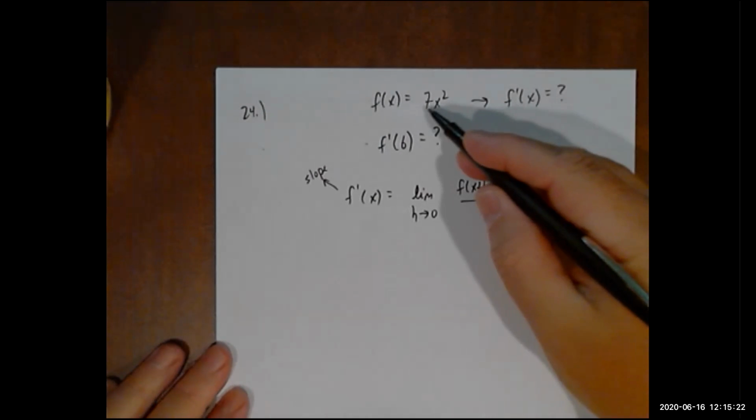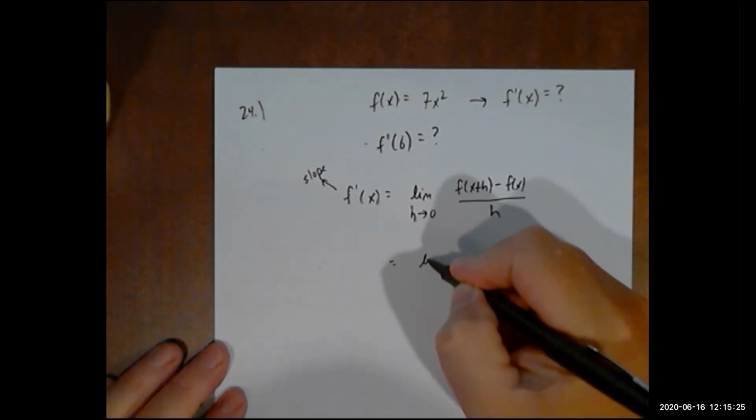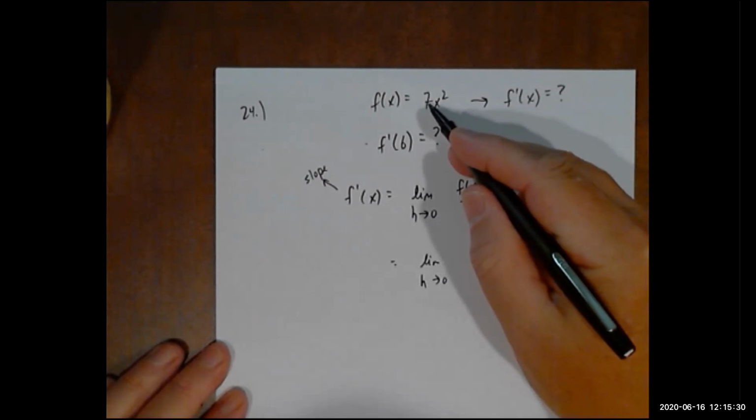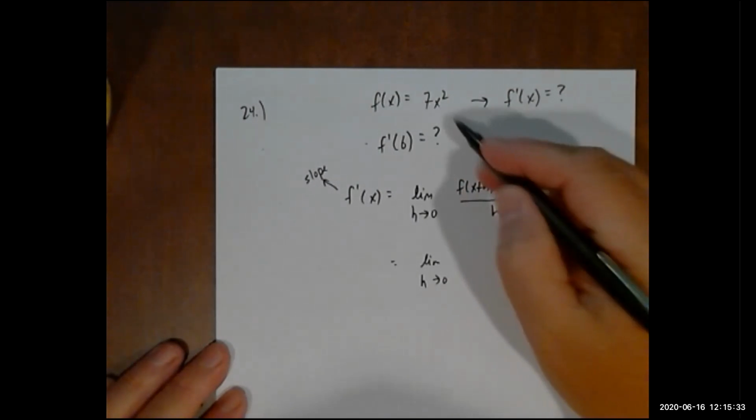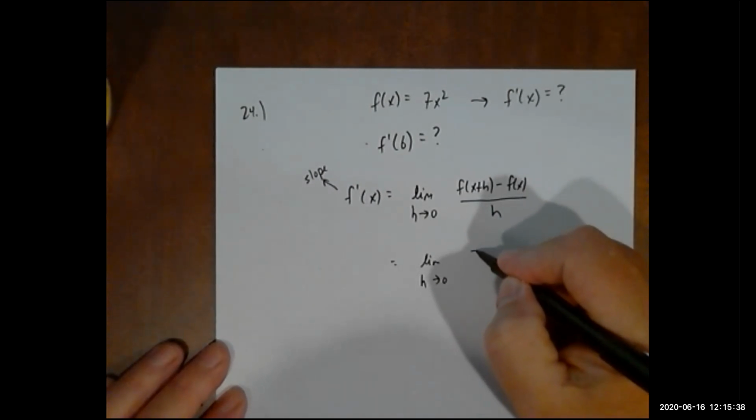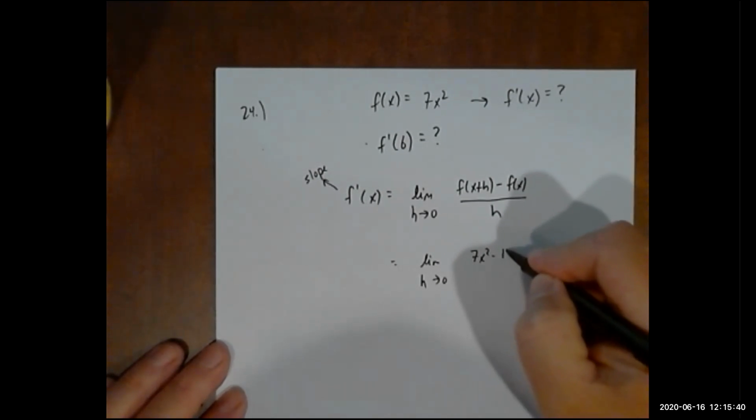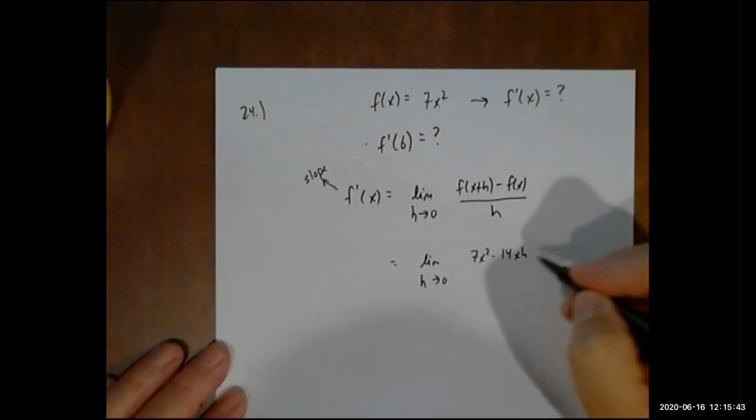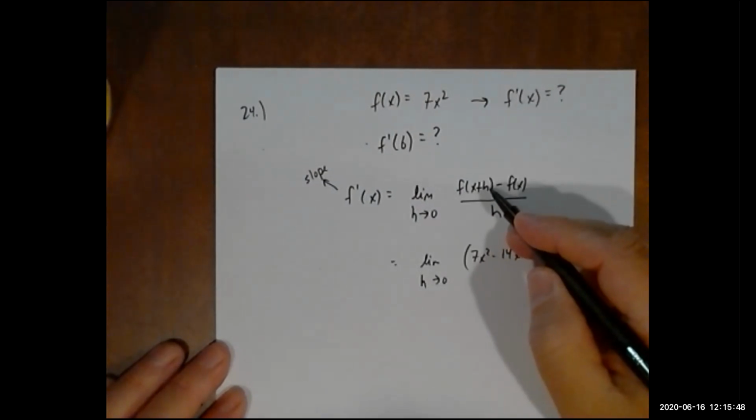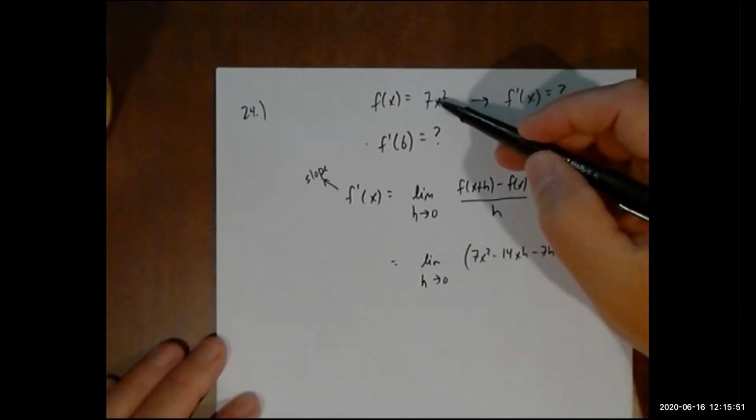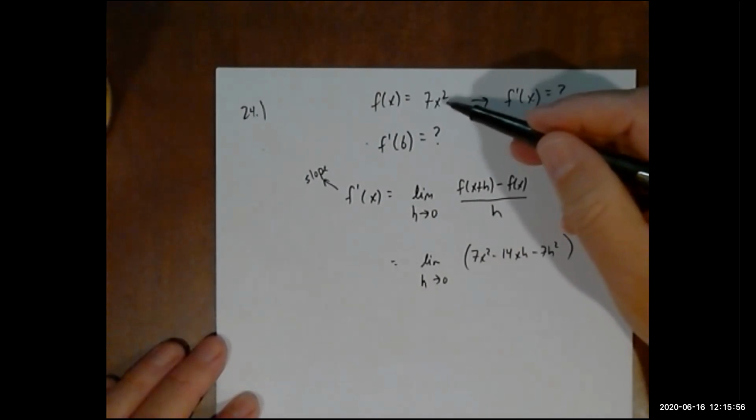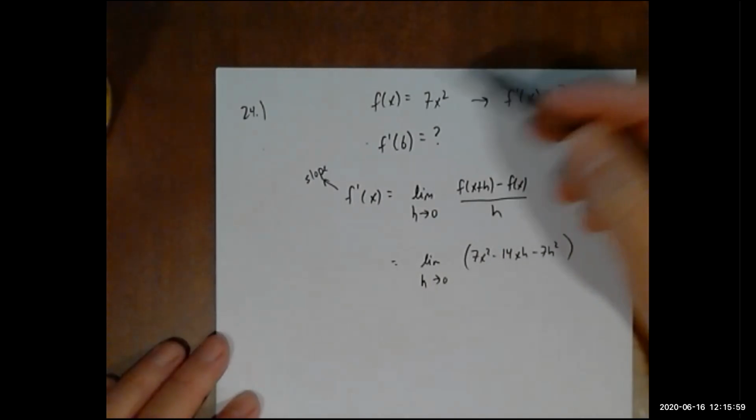So if I'm going to do it the long way, I'm going to skip a few steps. First of all, f of x plus h is going to be 7x squared plus 14xh plus 7h squared. That's f of x plus h. So that's taking my function, and every place I have x, I plug in x plus h. And when you multiply it out and do all the work,